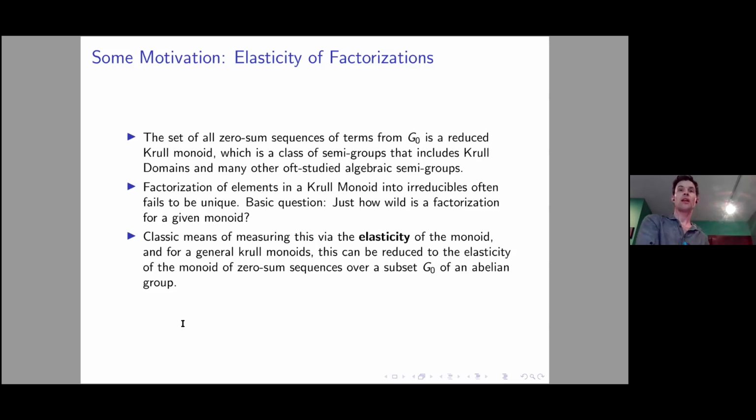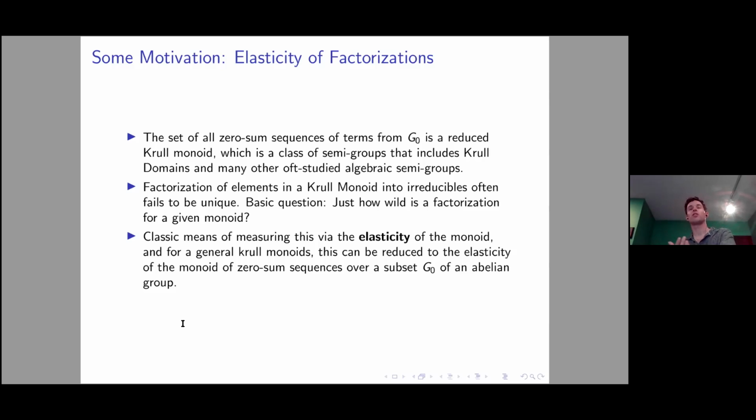So as it turns out, these zero-sum sequences, well, if we have a zero-sum sequence, and I've written it multiplicatively, I can concatenate it with another zero-sum sequence, and we get another zero-sum sequence, because the sum of the first sequence is 0, the sum of the next is 0, and 0 plus 0 is 0. So that means when we multiply sequences together, they stay zero-sum. And that's really all a monoid is, an algebraic situation where we can multiply things together, and that gives us some kind of situation where we can factorize things.